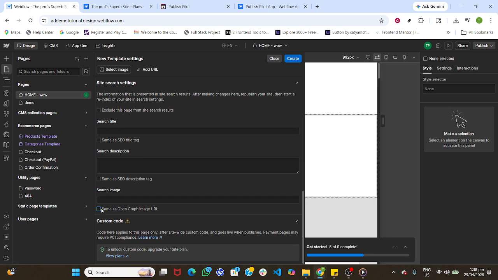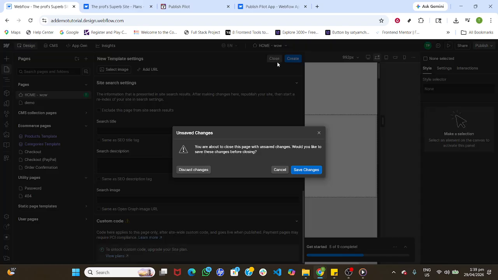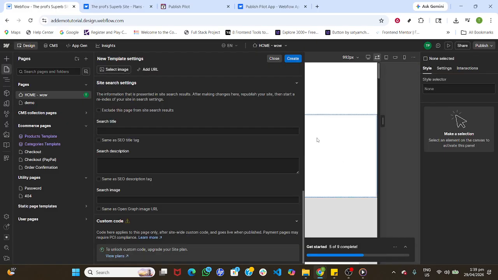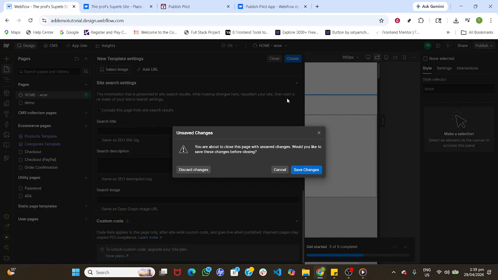This section allows page-specific code in the head or before the closing body tag, which is useful for analytics snippets or experiments you don't want site-wide. Keep in mind that certain code features require an appropriate site plan. Once you've reviewed these settings, confirm the new page and close the drawer. You'll now see your page listed in the Pages panel, ready to